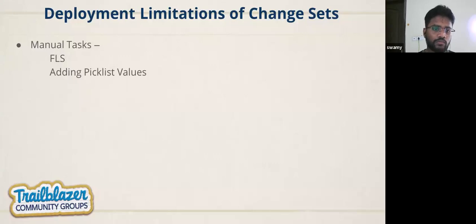Why is this so? Because you will easily be able to transfer from dev org to QA org to any other org. But the values which are already active in the production org, and which are not there in your deployment or dev org,